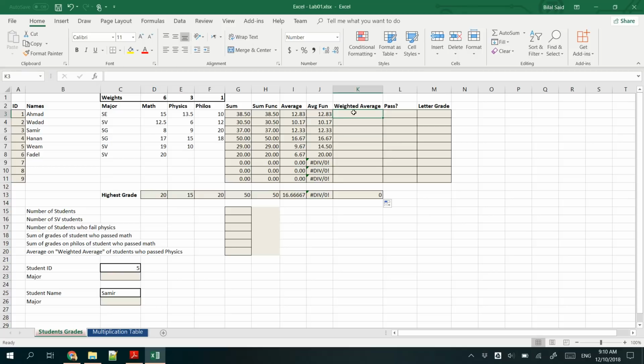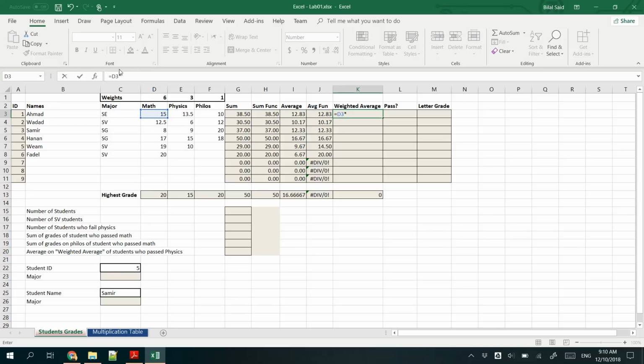So what is the weighted average? A weighted average is actually an average, but it is calculated with respect to certain weights or coefficients. So what is the basic formula for this? To do it, we can use basic operators. We're going to make this custom function that will take the value of the math grade, will multiply it